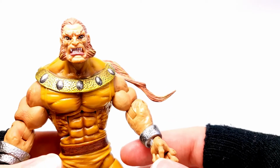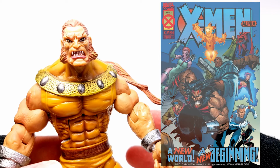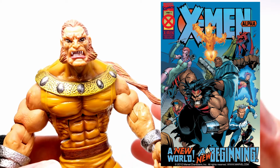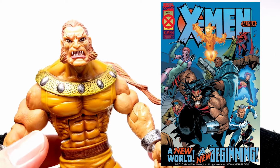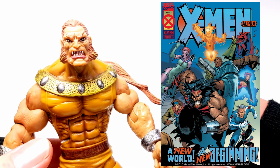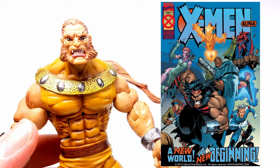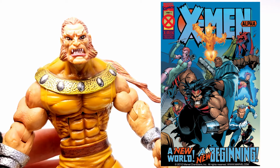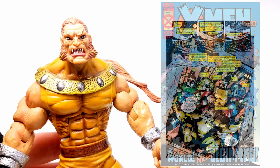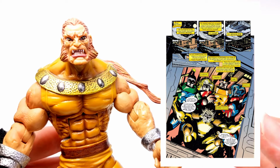So some backstory on the Earth 295 Victor Creed: his first appearance was X-Men Alpha #1, which was where the majority of the X-Men's first appearances were, but there's a few here and there. I just wanted to reference that because people keep saying, why do you bring up X-Men Alpha? It's because that's where a majority of our characters were introduced. Now, in X-Men Alpha, the majority of these people like Sabretooth, Wild Child, Morph, and all of them are already part of the X-Men. However, if we go back to X-Men Chronicles #1, we find that Creed here was initially a part